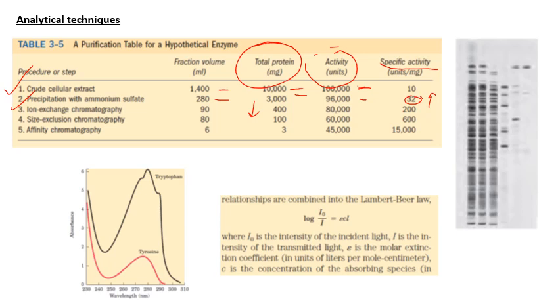This can be followed by a size exclusion chromatography, in which if I know the size of my protein, then I could separate it from all other proteins which are of different sizes. So the idea is that you combine the different properties of this protein to get it to its most purified form,